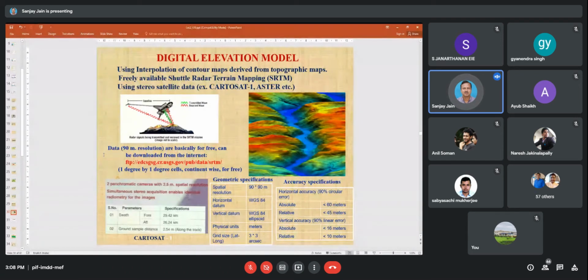A digital elevation model is nothing but knowing the height of each and every point or cell in that map. Earlier we started working on DEM using the first approach, interpolation of contour maps derived from Survey of India topographical maps.